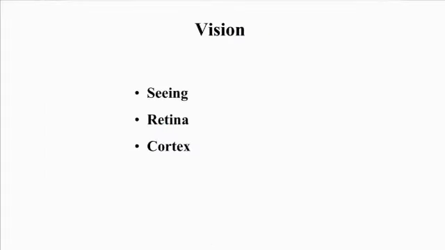So today we're going to talk about how our minds and brains allow us to see the world, vision, and we'll talk about it in three parts. How philosophers and psychologists have thought about the idea of seeing; how when information first enters your eye, your retina, which are the cell layers in the back of the eye, how that retina is already organized to help you see the world; and how that information is then transported into the cortex, where higher level processing lets you know where you are and what you're looking at.